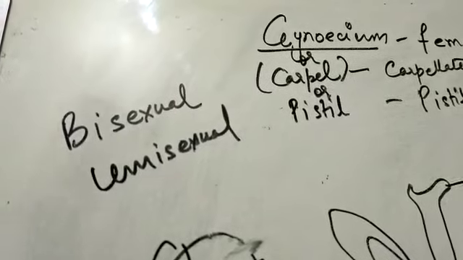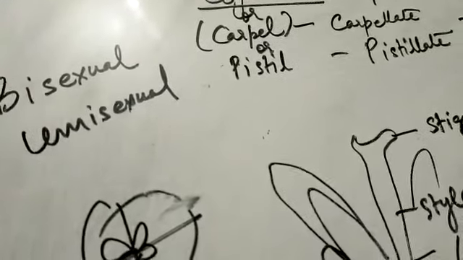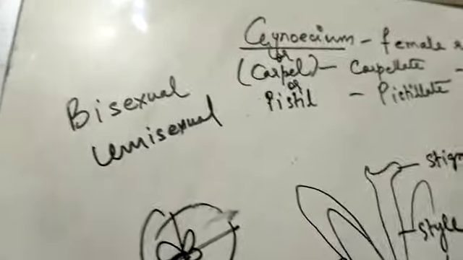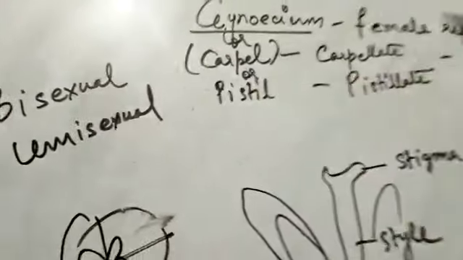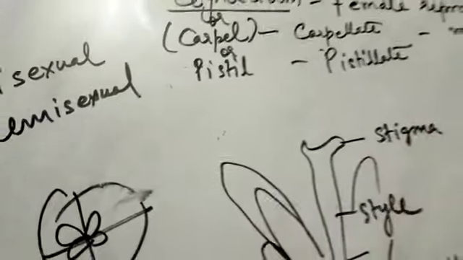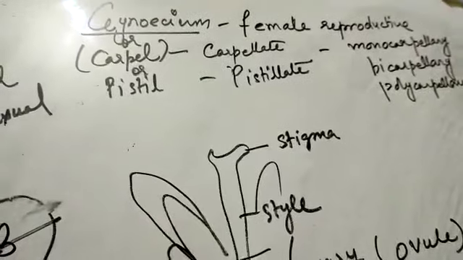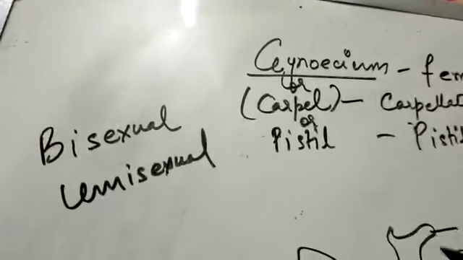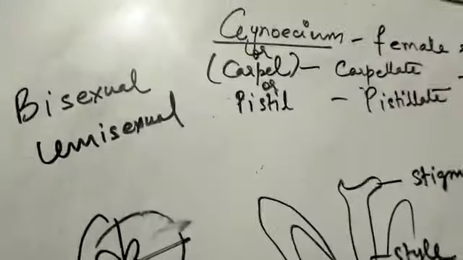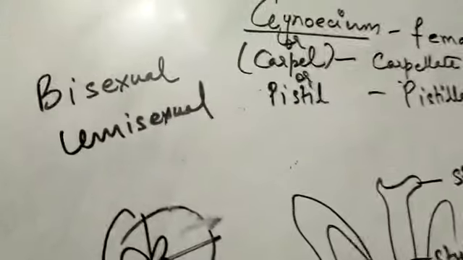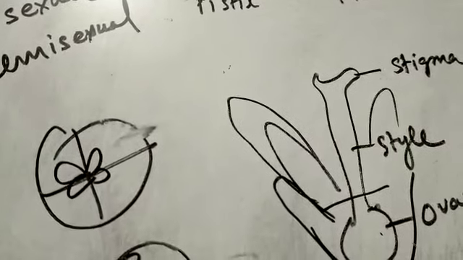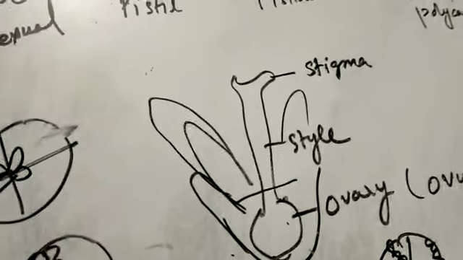right? So what have we studied? We have studied about placentation. We have studied that the female part is the gynoecium, which is also called as carpel and pistil. The flower could be carpellate or pistillate if it has only the female reproductive part. It consists of three parts: stigma, style and ovary. Inside the ovary we have ovule. The arrangement of the ovules inside the ovary is called as placentation.